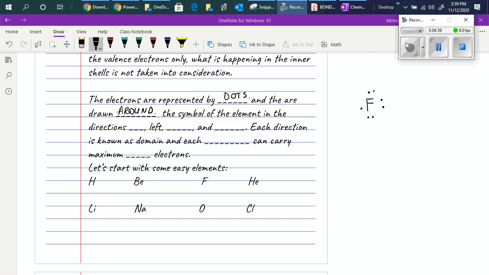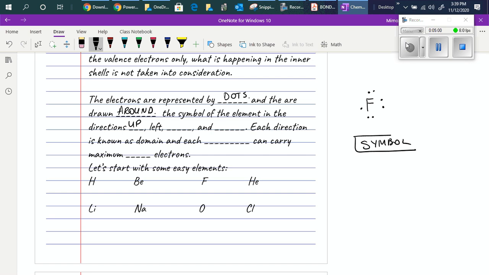And when we are drawing those dots, we may start anywhere, it doesn't really matter, but as the rule that we have been doing here in chemistry is that we start from the top, so if this is the symbol,